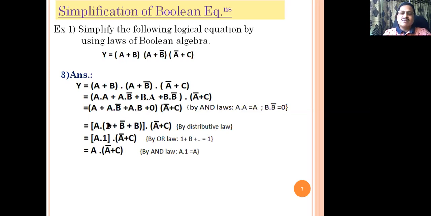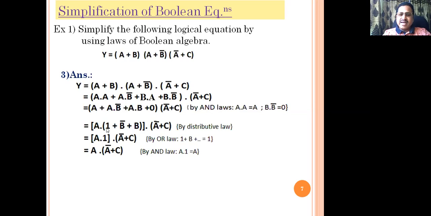Again here, what left here now? In reverse of distributive law, in the terms first, second, and third term of bracket, you can take A as a common. What left? In multiple of A can be as a 1. That means 1 or B bar or B. We can take the A as a common from these three terms. Last term remains and A bar C. It is there. This is by in reverse of distributive law.